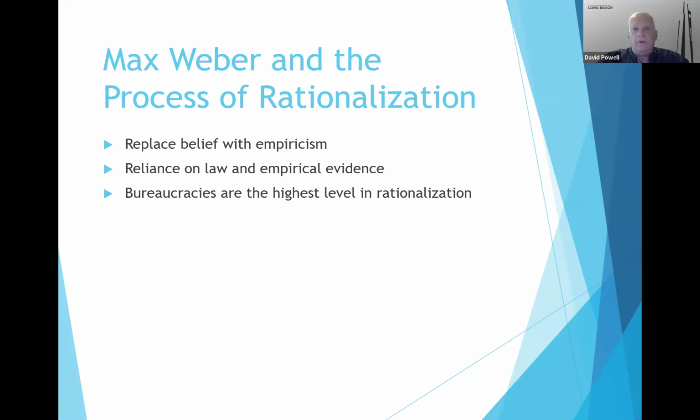So when Weber starts developing his theory on organization, his theory is going to be very much predicated upon empirical evidence. We all, I think, have a good idea of what empirical evidence is. For something to be empirical, it must be something that we can measure. It must be something that is tangible, information that we can collect, information we can analyze, and then use that analysis to then develop conclusions. So he really wanted to replace belief with empiricism and a reliance upon empirical evidence.